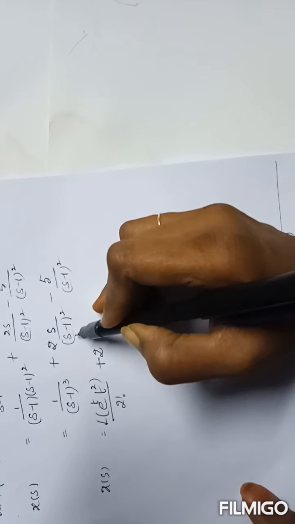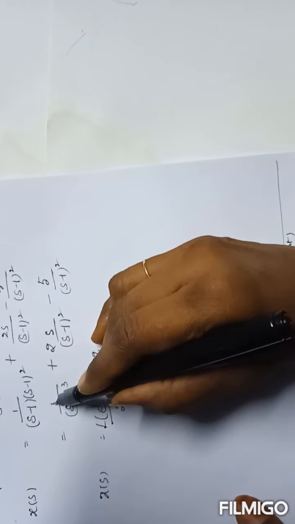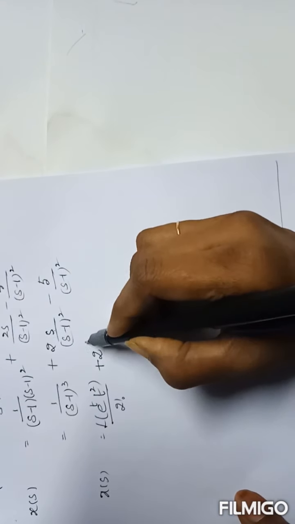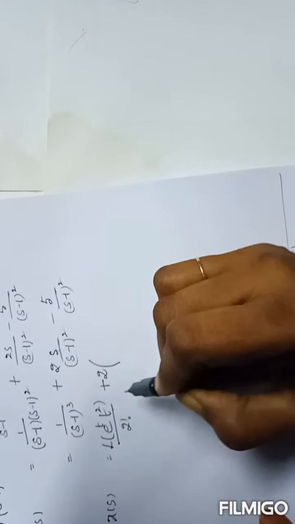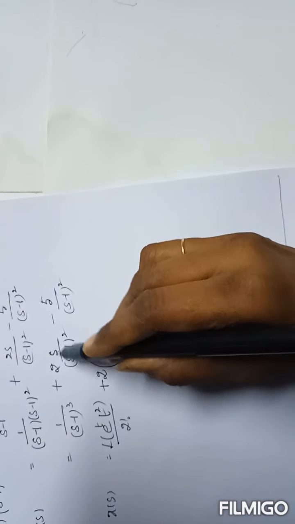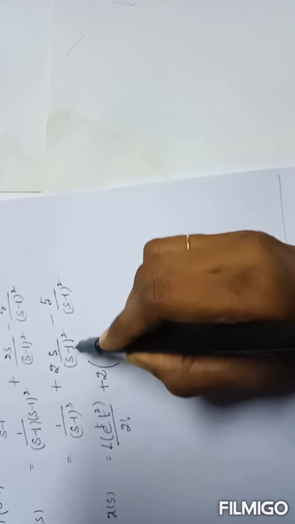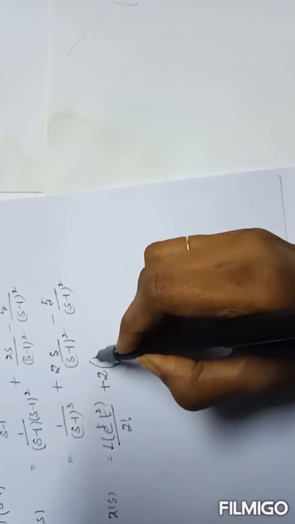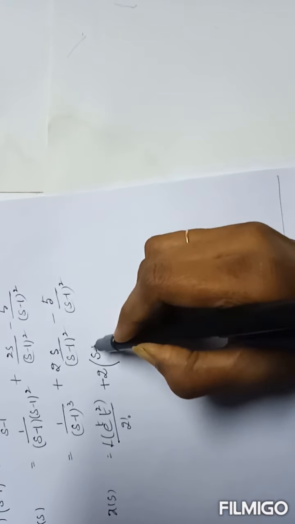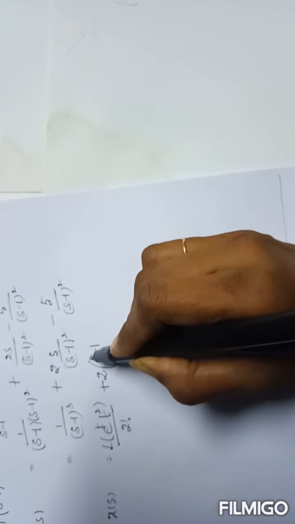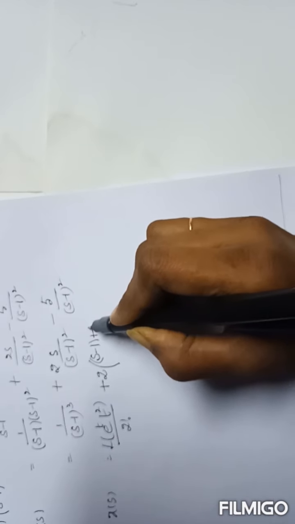Now there is no formula within our list. If the numerator were 1, we could write the corresponding formula, but here in the numerator there is an s. So to get the standard form, the same s can be written using the denominator. What is the denominator here? s minus 1. So using this you can define the numerator. First you write the denominator, but we need only s, so to balance that, plus 1.